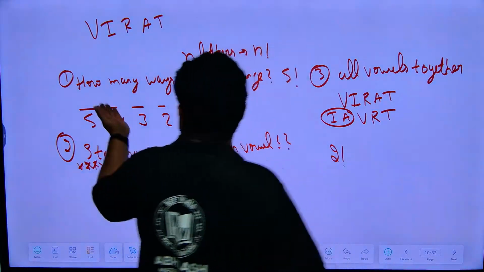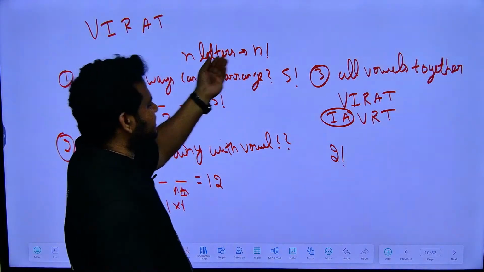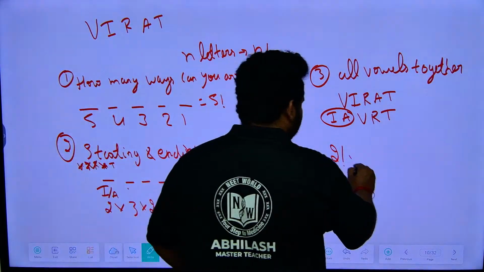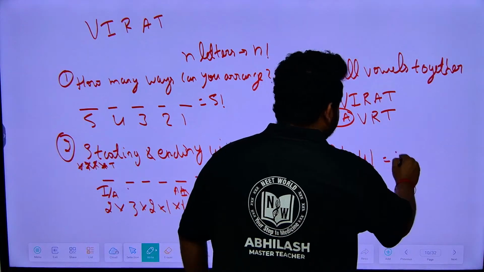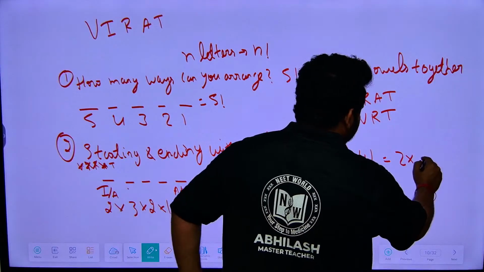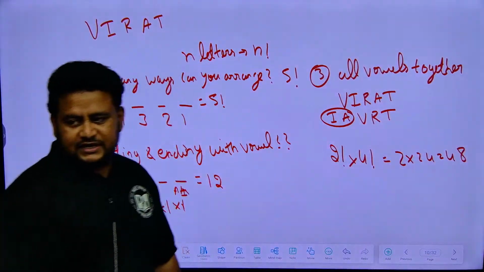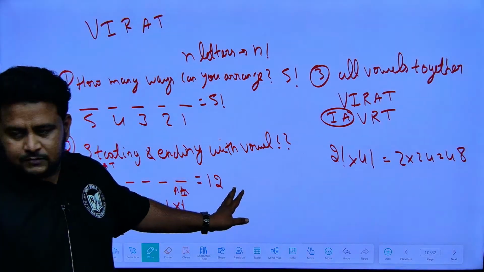See, how many ways can you arrange this complete word Virat? 5 factorial. N letters, n factorial. 4 letters, 4 factorial. 2 factorial into 4 factorial. 2 factorial is 2. 4 factorial is what? 24. Correct? The answer is 48. Any doubt? Now, next question is